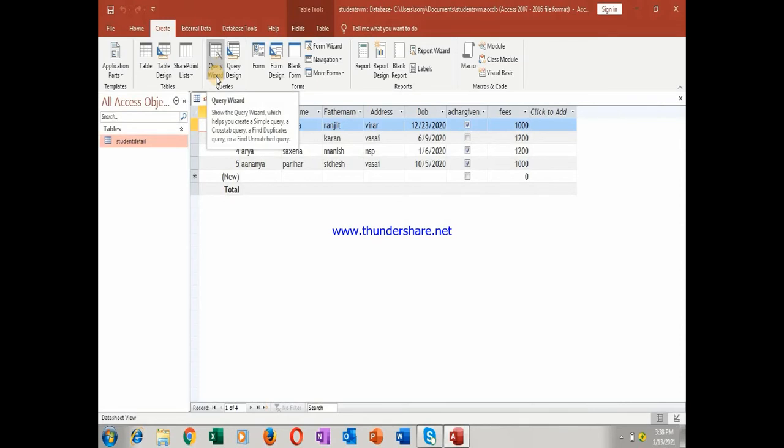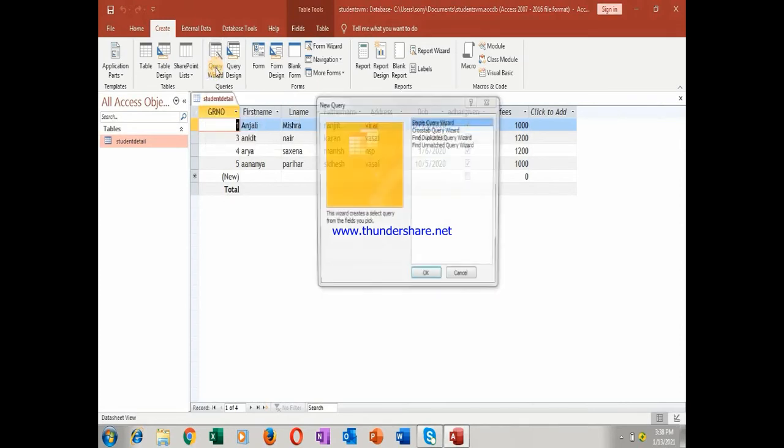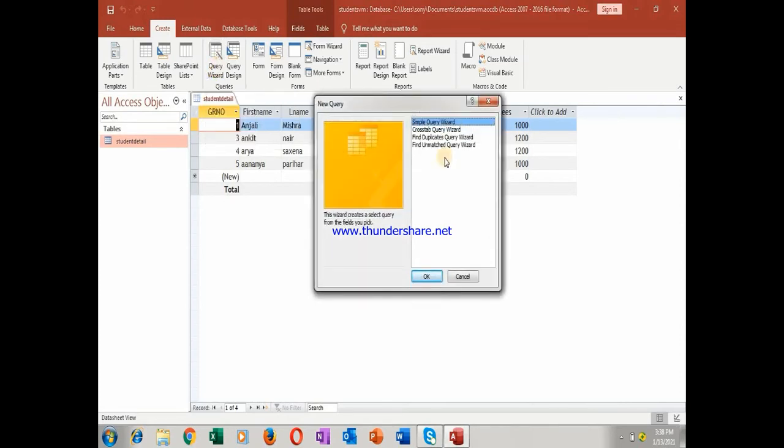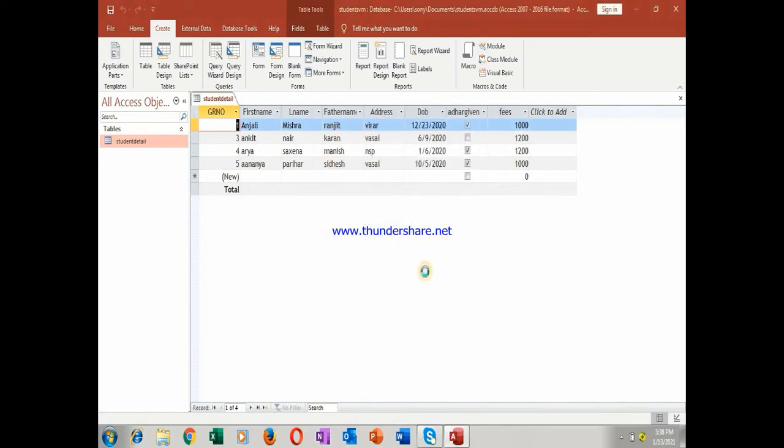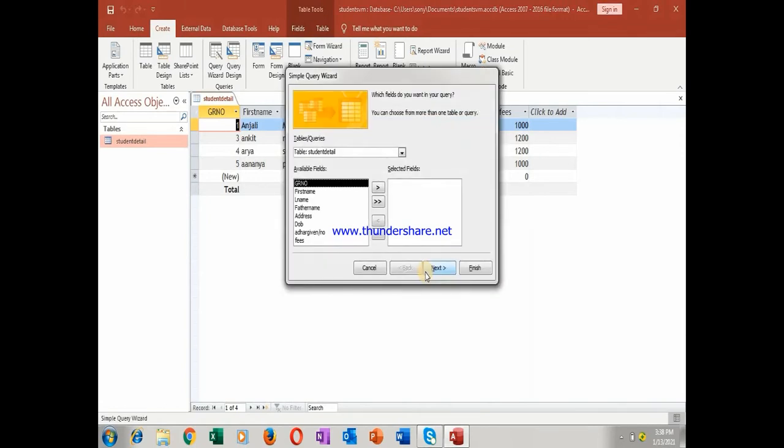What is Query Wizard? Click on Query Wizard. Now see, the above one, can you see Simple Query Wizard? We have to select Simple Query Wizard. Press OK, and once you press OK, this dialog box will open. Which field do you want in your query? Which field means which one you want to see.